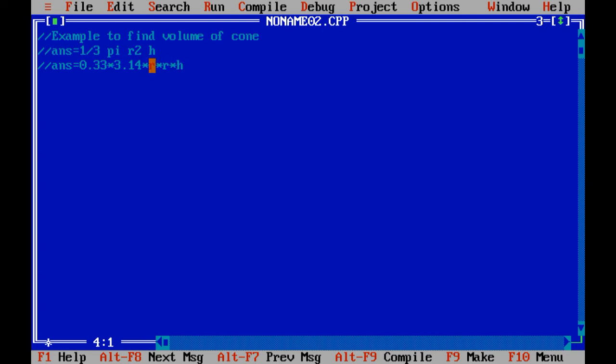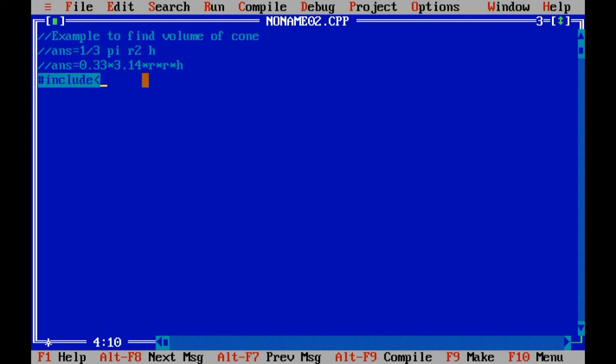We are going to declare r once only, right? No need to declare r 2 times, because you cannot declare the variable r 2 times. So we need to declare it only once. Now let us start with the header file again.